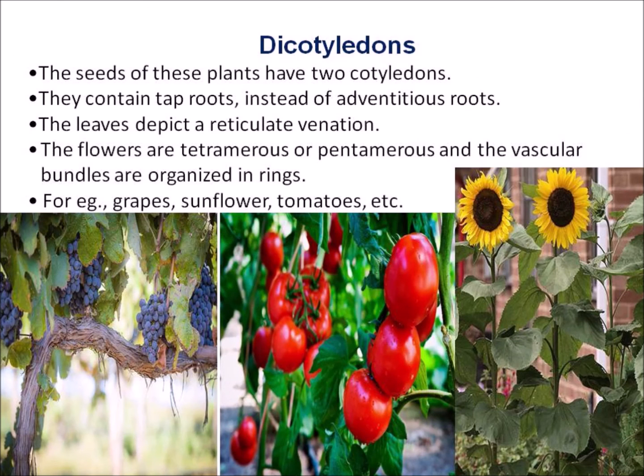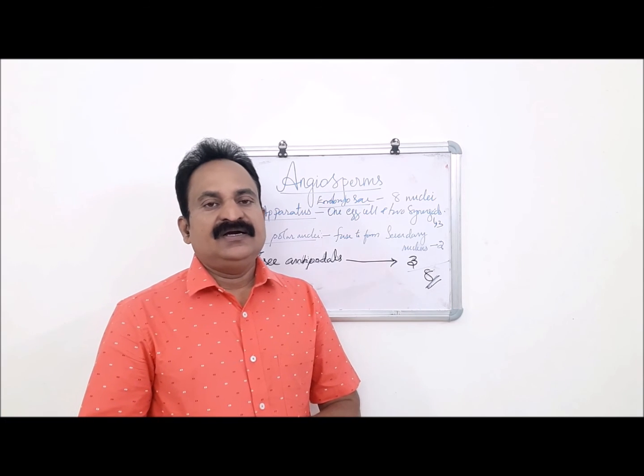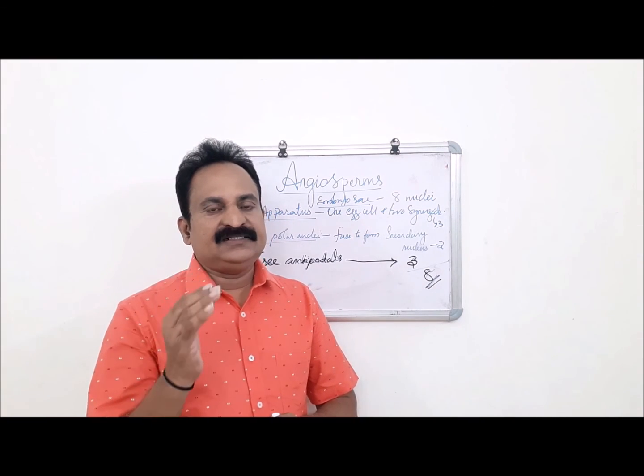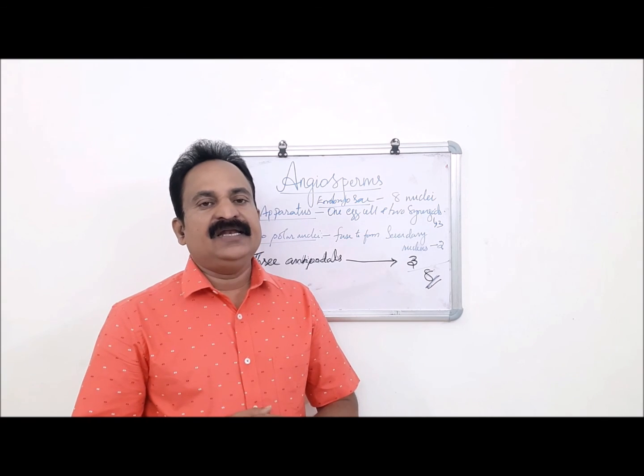In dicotyledons, the seeds have 2 cotyledons. They contain tap roots instead of adventitious roots. Leaves depict a reticulate venation. Flowers are tetramerous or pentamerous, and the vascular bundles are organized in rings. Examples: grapes, sunflower, tomatoes. Dear students, I hope you could understand what angiosperms are, their general characteristic features and classification